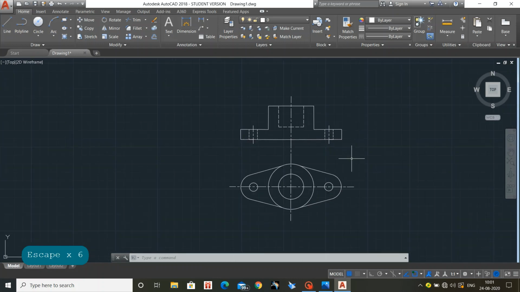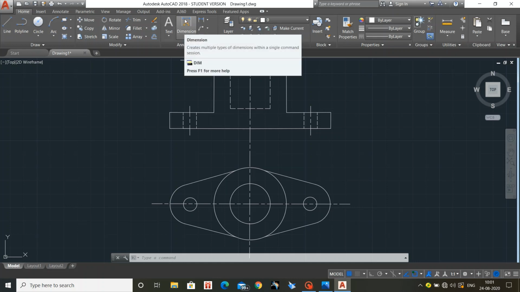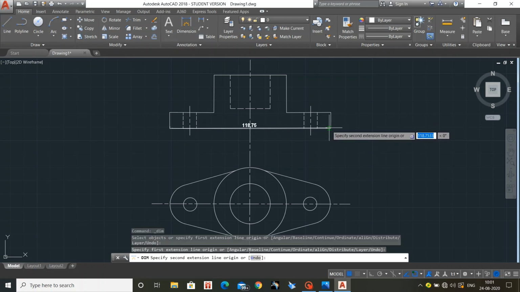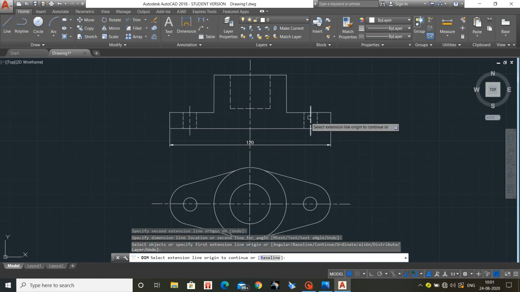Mirror is completed, so our drawing, our diagram, is done. Now the second stage of drawing is dimensioning our drawn diagram. So dimensions we will get in the annotation. We can give here, or else we can go directly to the annotate icon, which is present in the top ribbon area where Home, Insert and all are. So I would like to give the dimension. It's 120 we got.